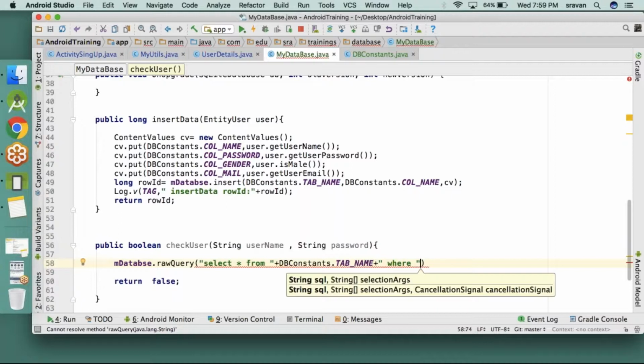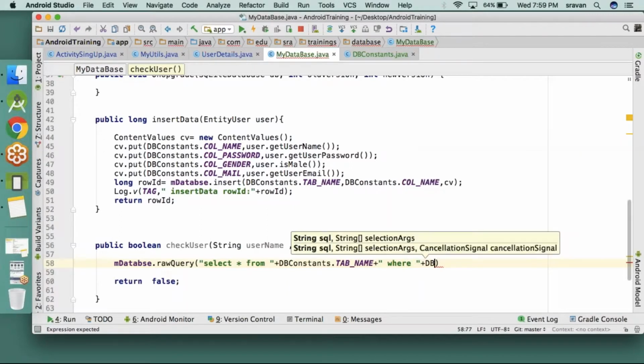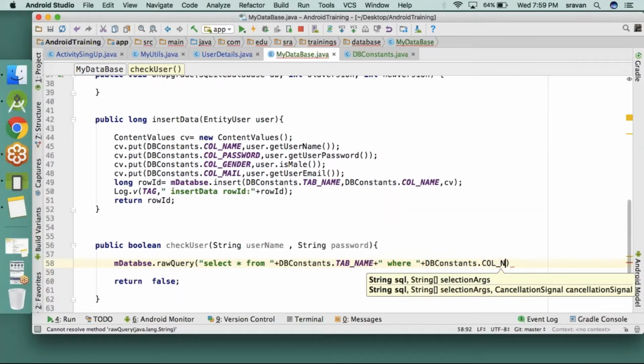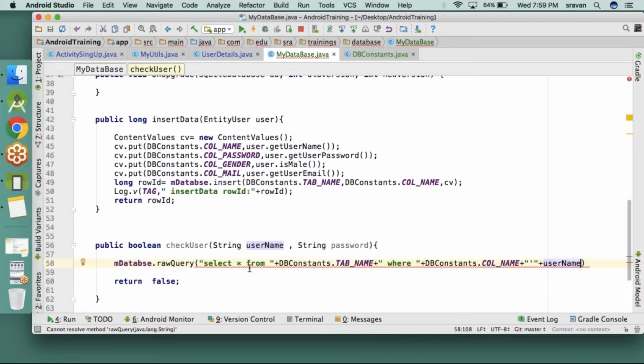Select star from table where db constants dot column name equals, and the name is a string, so it should be put inside double quotes. The value is username.